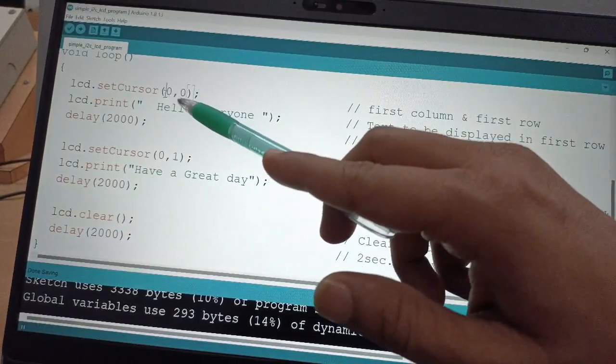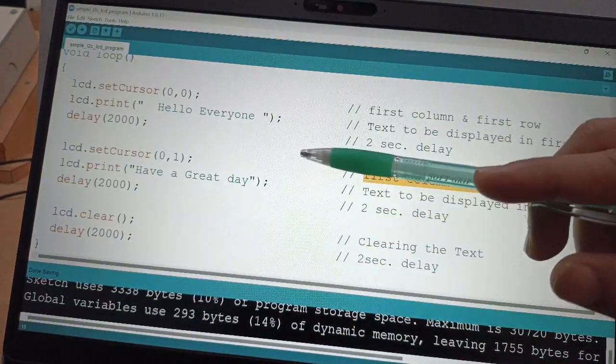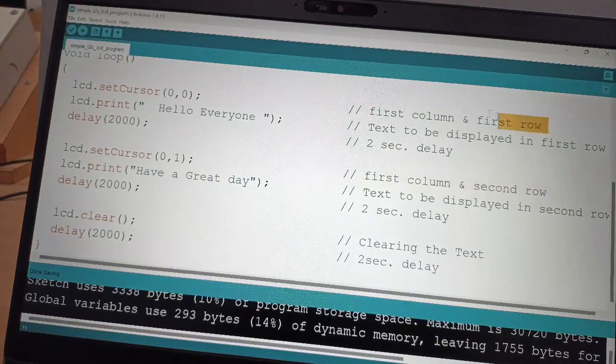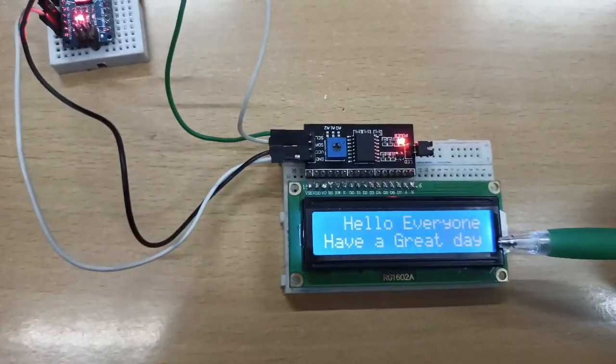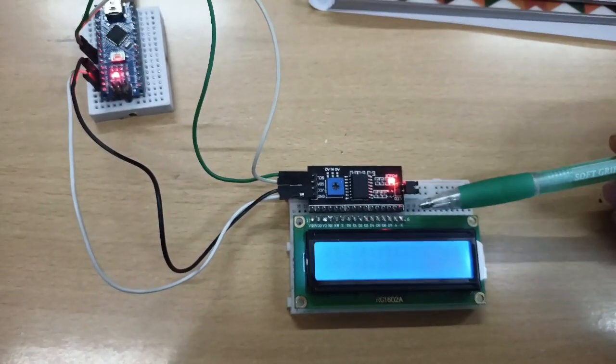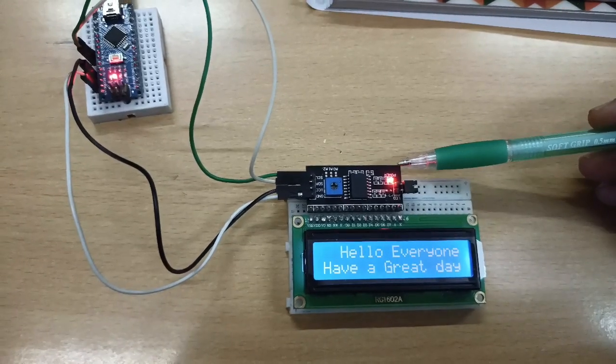0,0 means first row first column, 0,1 means first row second column, which you can see in the hardware. As you see here in the hardware, you are able to see hello everyone in the first row, and have a great day in the second row. So this is an LCD module. This LCD module is interfaced with this PCF8574 in parallel,